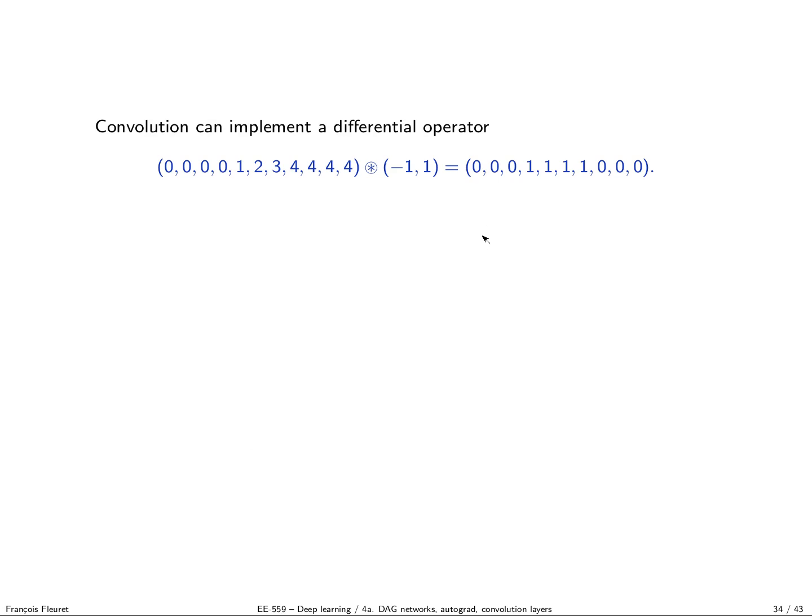What is interesting is that even a simple operator like this can implement a differential operator, for instance. So if this is my signal, which is constant, then increases 1 by 1, and then constant again, and I take the convolution with this filter, which is minus 1 plus 1, I get this response. If I take the dot product between this guy and those two guys, it gives me 0, 0, 0. Here, as soon as the two differ, it gives me 1, 1, 1. And again, minus 4 plus 4 gives you 0. So it's very interesting. This allows you to compute slope. You go from this signal to this signal.